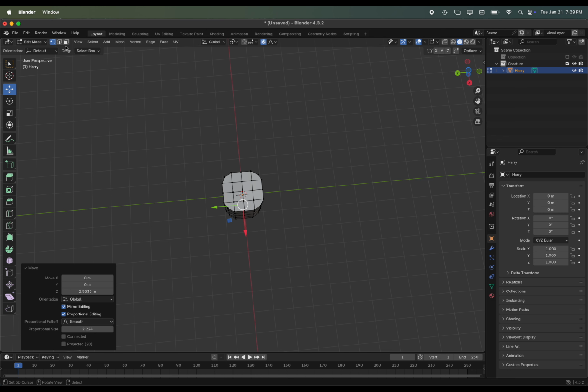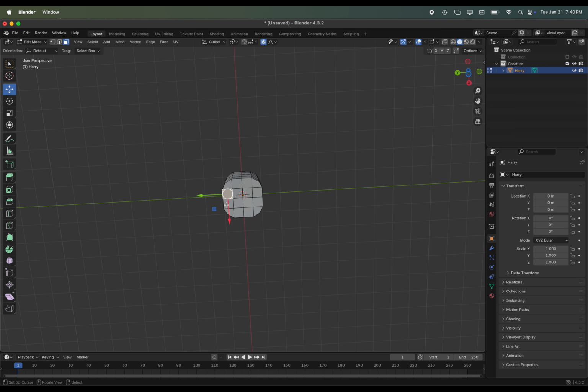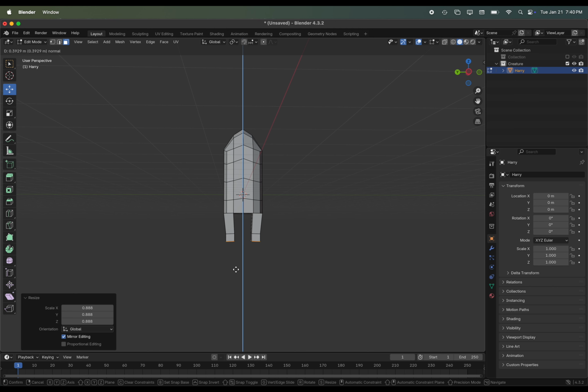Next up, I'm going to switch to face select, and I'm going to select my faces on the bottom edge over here that I want to make up the legs. So probably these faces right here. I'm going to turn off proportional editing for now, but E to extrude, and I can go down however far I want to go. Maybe something like this. I might press S to scale just a little bit inward, E to extrude a second time.